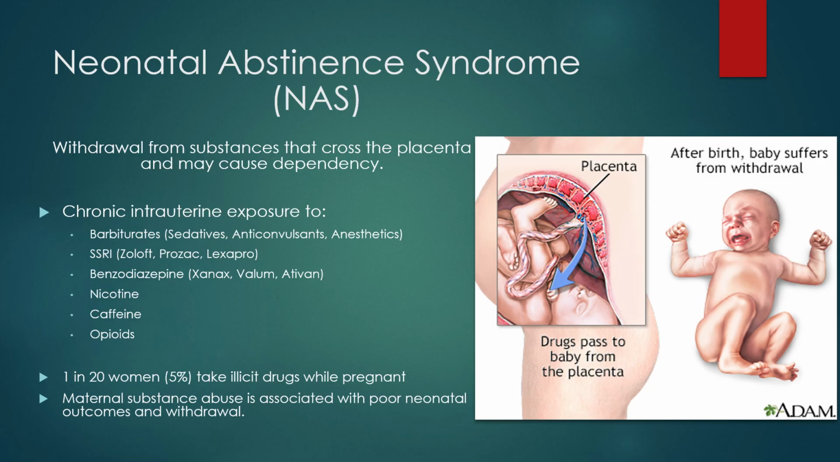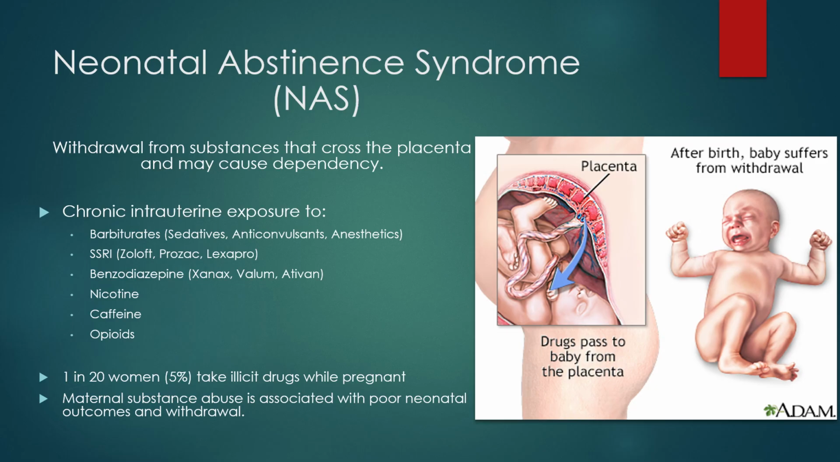We're going to move on from alcohol to drugs. So we have neonatal abstinence syndrome, or NAS, which occurs when a non-alcohol-based substance is used during pregnancy and chronic intrauterine exposure occurs. So like with alcohol, the substance then crosses the placenta, but these substances will cause the fetus